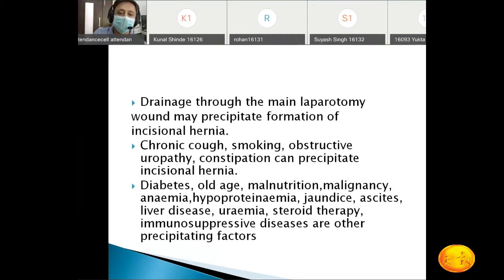Then there could be diabetes, old age, malnutrition, malignancies, anemia, hypoproteinemia, jaundice, ascites, liver disease, uremia, steroid therapy, immunosuppressive disease as other precipitating factors. In all, you can divide the causes of incisional hernia into patient factors, surgeon factors, and